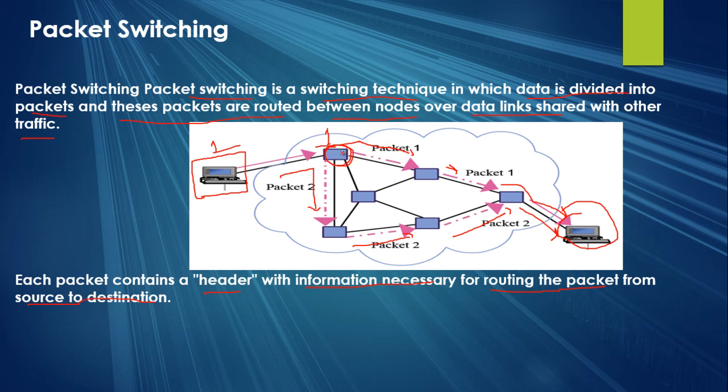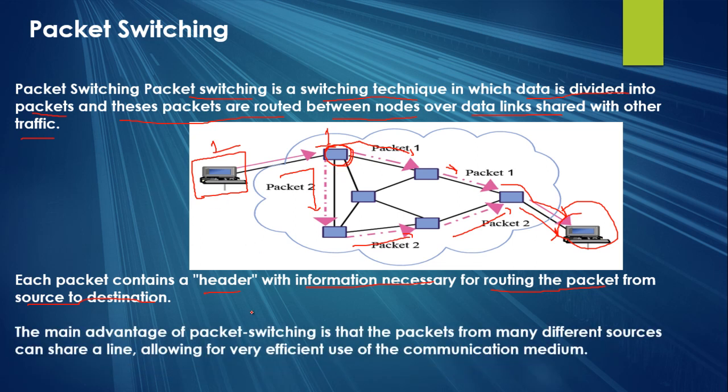Once this system knows the destination, then according to the destination address it decides in which direction to send the packet. If this switching station doesn't have the destination address of the packet, then how can it deliver the packet to another switching station, because it doesn't know in which direction to send the packet, right. So with the help of the header information, the routing of the packet from source to destination is performed, right.